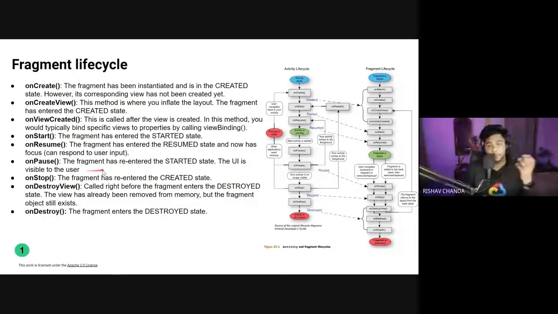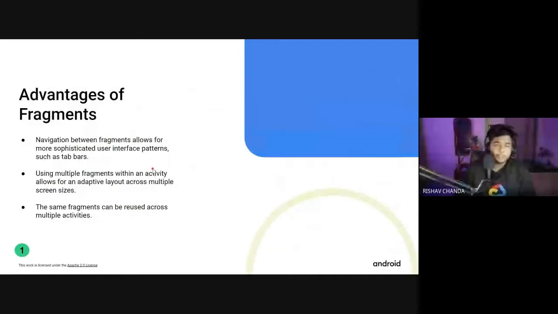Now, as we will be working in the live coding part, it will be more clear to you. After this, what comes is the advantages of fragments. Fragments have various advantages, and developers especially use fragments in app development. So let us see what the advantages are. The first advantage is that we can navigate between screens in a sophisticated manner.